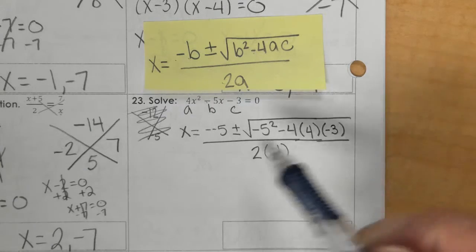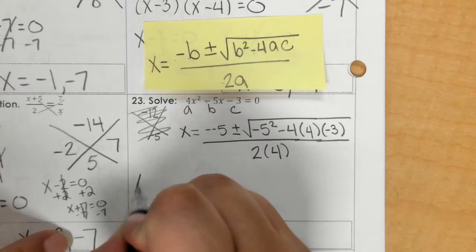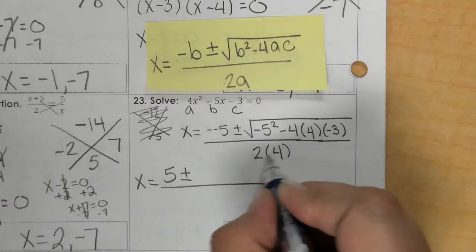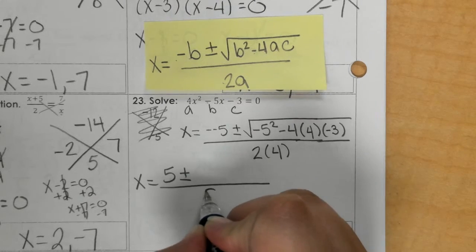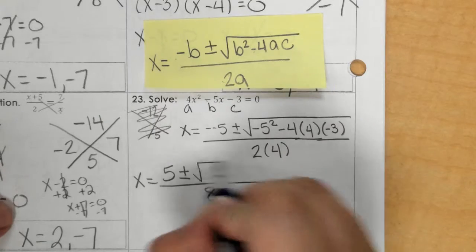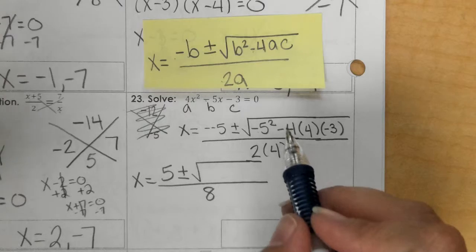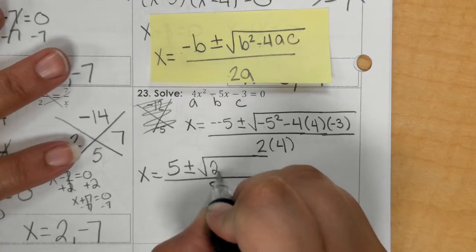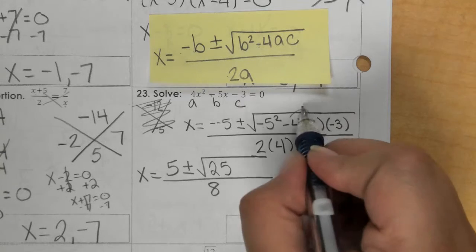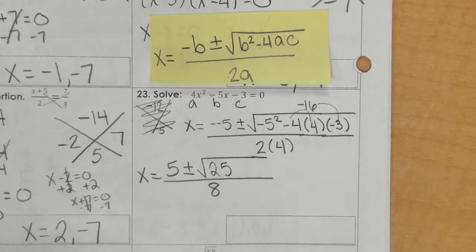So now it's a matter of just simplifying. So this part here we know is going to be a positive 5. 2 negatives make a positive. At the bottom we know that 2 times 4 makes 8. Okay? Now, for under the radical, we have negative 5 squared, which is a negative 5 times negative 5. That is a 25. Then we do negative 4 times 4 is negative 16. And then negative 16 times negative 3,